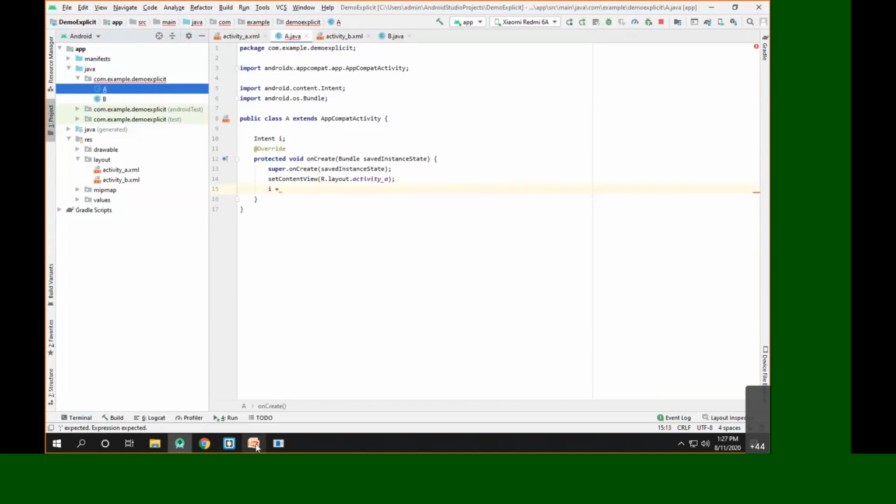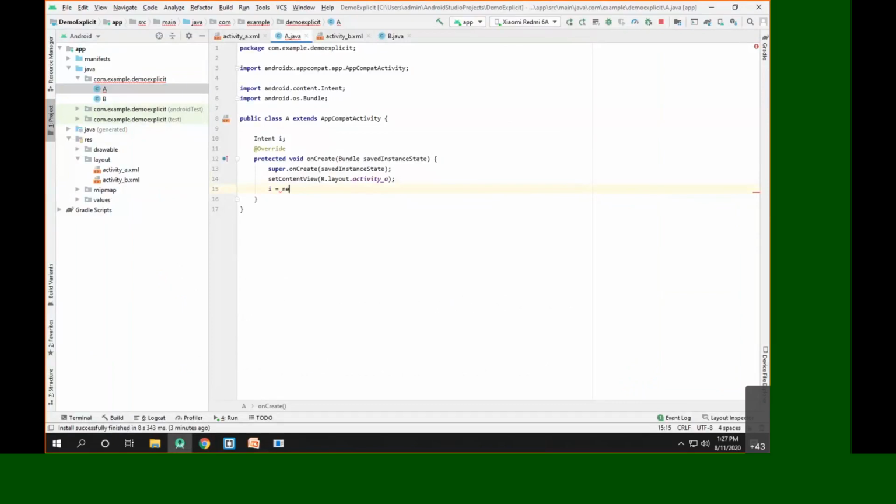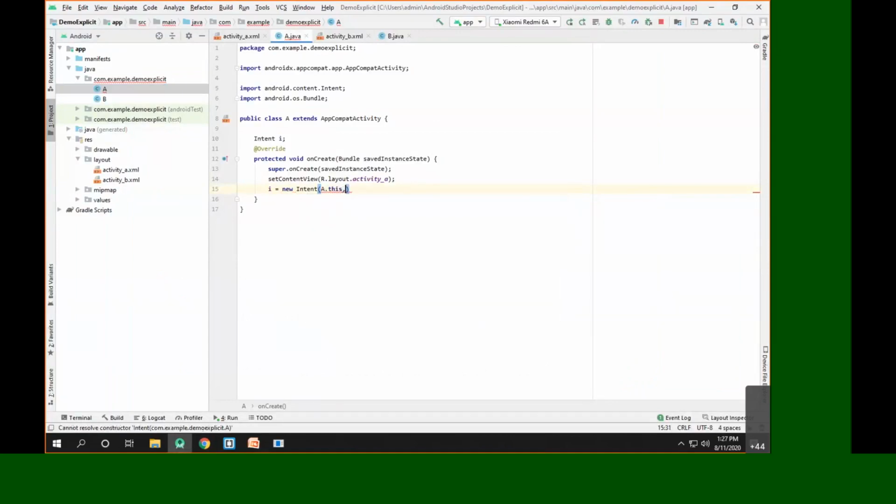Now what have we said? We said the reference of the source component and the class instance of the destination component. So we can say i is equal to, we'll create one constructor, new Intent, a reference of the current activity. How can we write this? A.this. A.this means the current reference of activity A. So ActivityName.this means the current reference of the activity, and then the class instance of the destination activity.